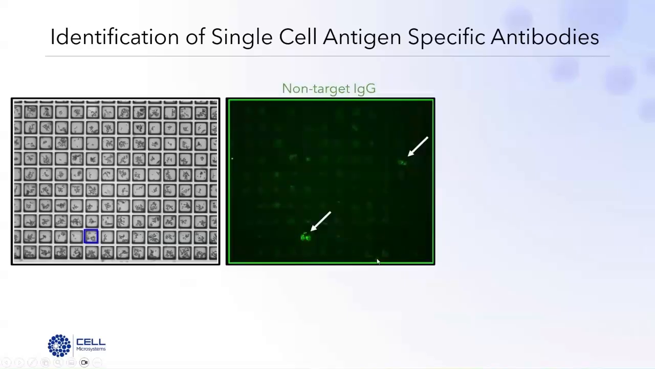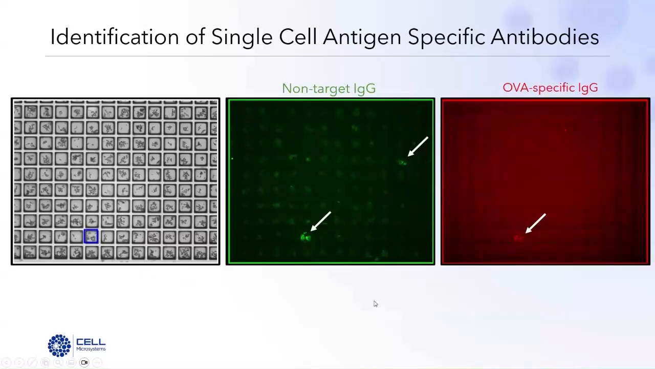If we look at FITC expression in this field of view, you can see several rafts in the FOV that are FITC positive, suggesting that the B cells in this field of view are actually capable of secreting at least some degree of IgG. At this juncture, we don't know whether or not it's targeted to OVA. When we add in the red fluorochrome,